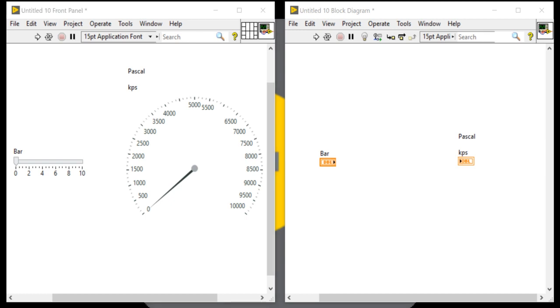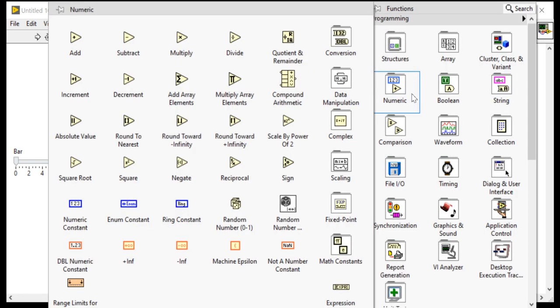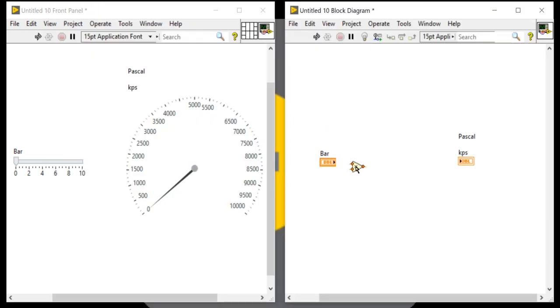One bar is equal to 100 kilopascal. So just multiply. Bar is equal to 100 kilo.